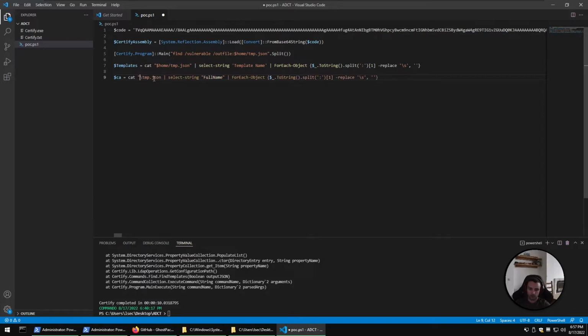Get home tmp.json and the calls here, which is nice. So now we have both of the things we need. We have the templates and we have the CA. So now we're gonna need to loop through all the templates that we have in order to perform the